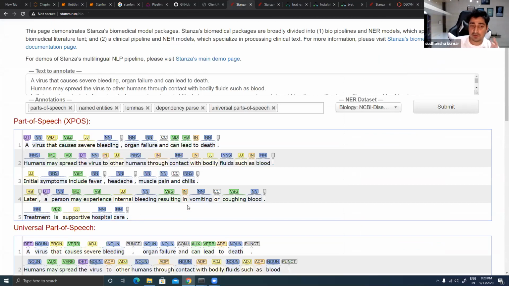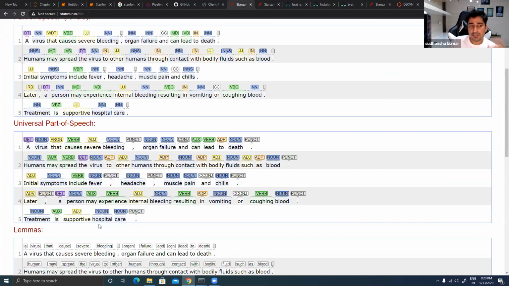But if I talk about universal parts of speech, it will just give you a noun instead of giving NN or NNJ or NNS, right? It will give you only noun. That is the universal one, meaning it will not segregate again. This is called universal parts of speech, and you will be able to find this out too.